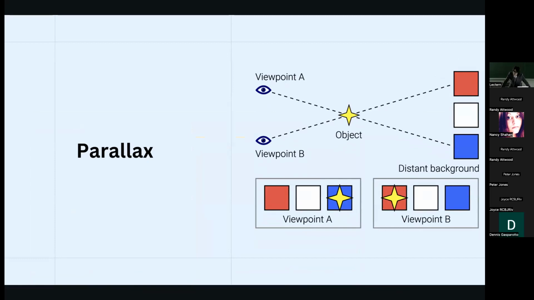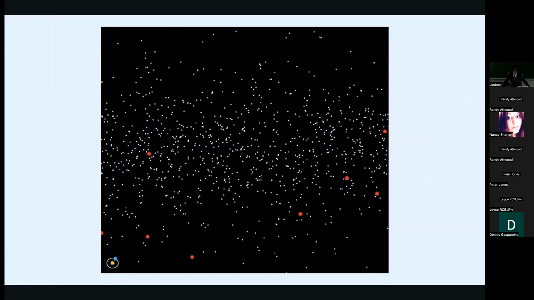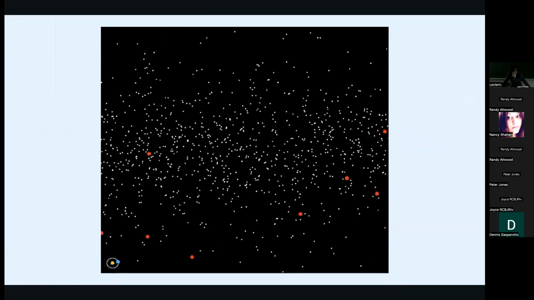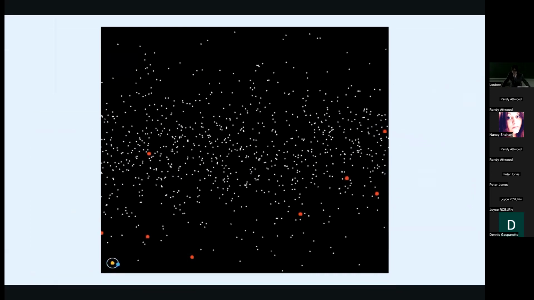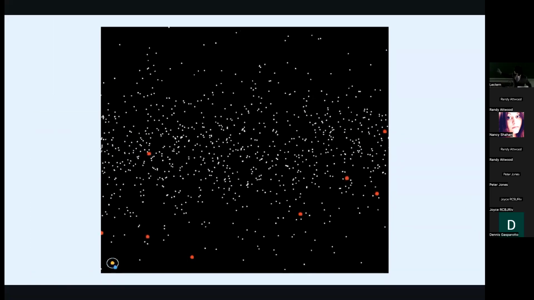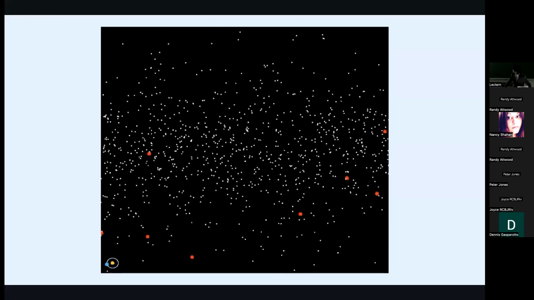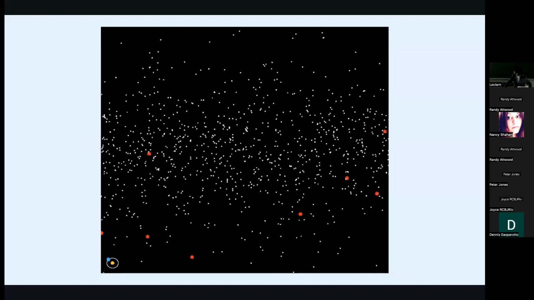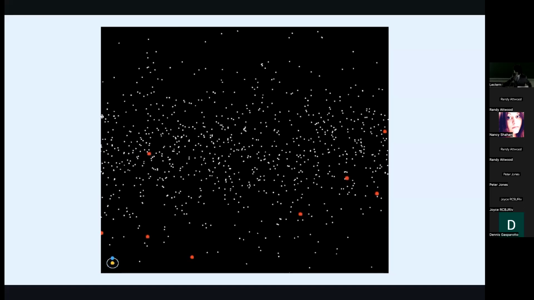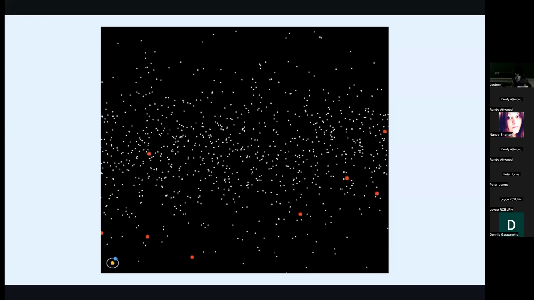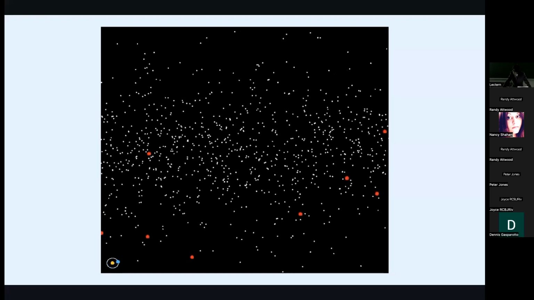Now, it might not seem that intuitive, but if we look at this little video, it's actually more intuitive than you think. Your eyes are able to make out which objects are the closest based on the motion. As you can see, the ones that are closest actually move the most in comparison to the background ones. And this is actually a representation of what the stars look like as we orbit around the sun. In the bottom left corner, you can see the orbit. And this is how we determine distance.